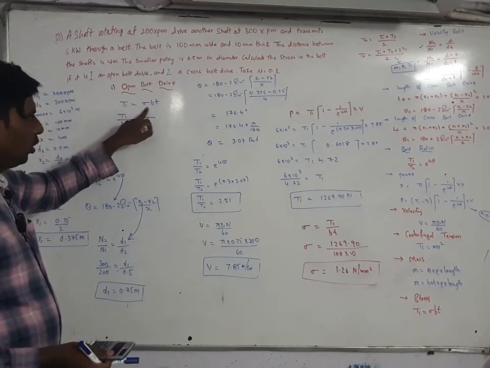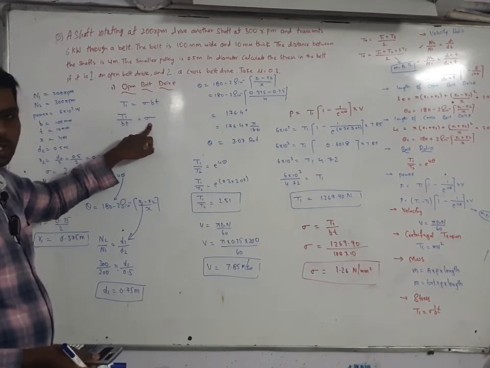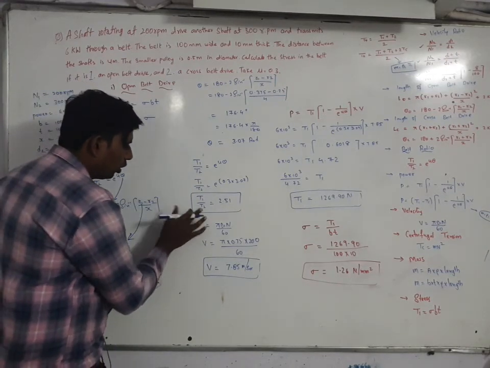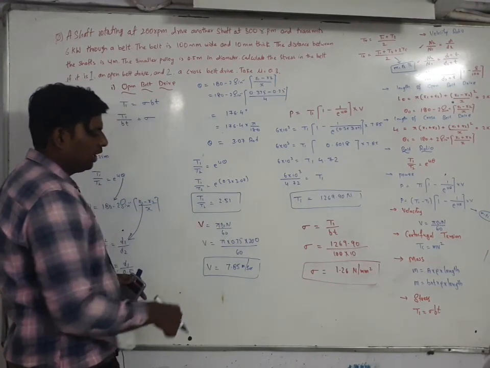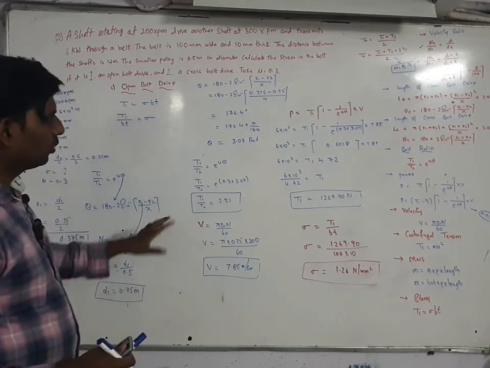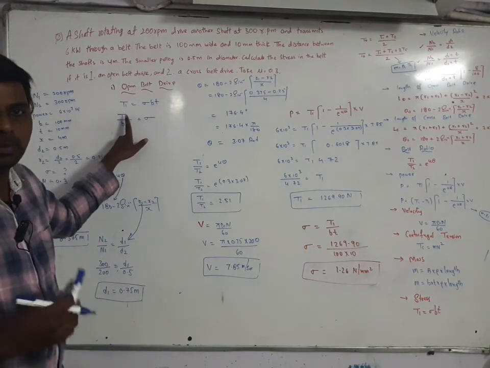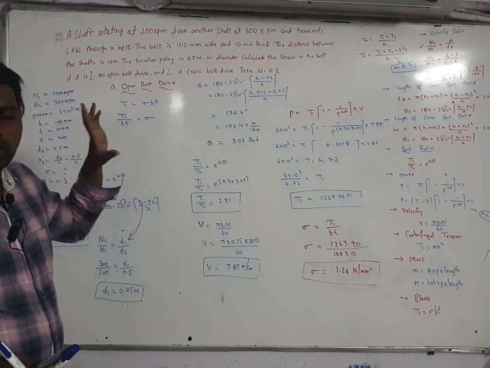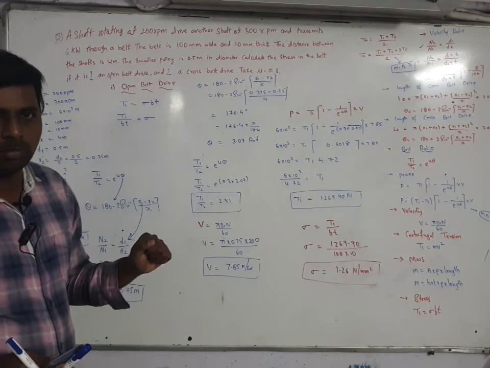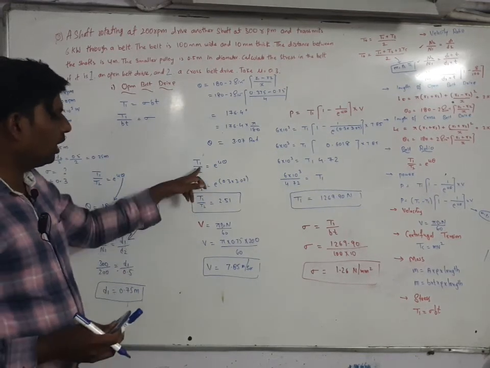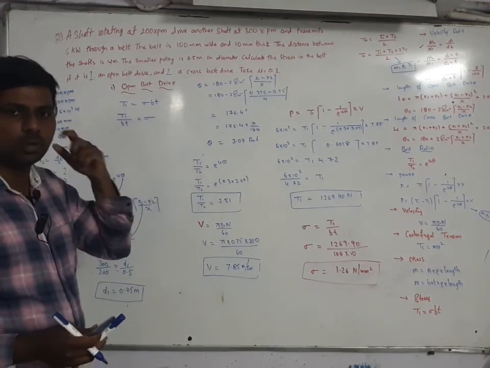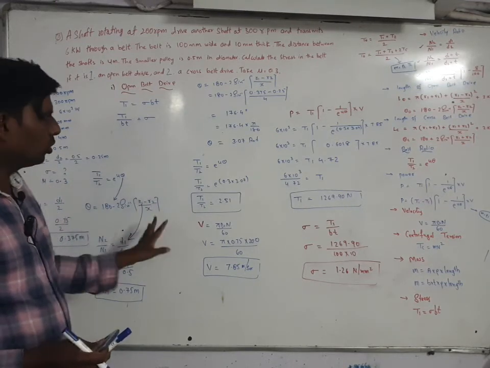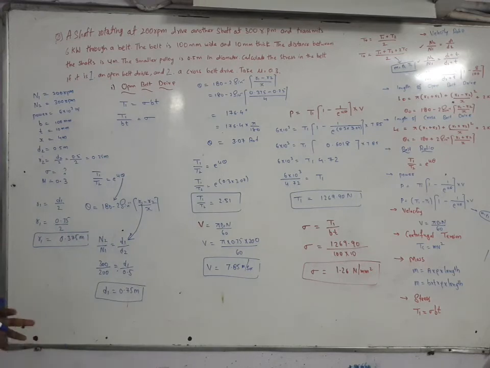So T1 is equal to sigma bt. With the help of that you will get the value of sigma. Like this you have to find it out, and this one is the velocity. For finding the velocity, pi dn by 60. Whenever you are finding T1, with the help of power only you have to find out T1. You have to remember this. Whenever you are going for power, you have to go for the belt ratio. The belt ratio T1 by T2 is equal to e to the power of mu theta. This is the formula for belt ratio. You have to remember this. This is the problem for open belt drive.